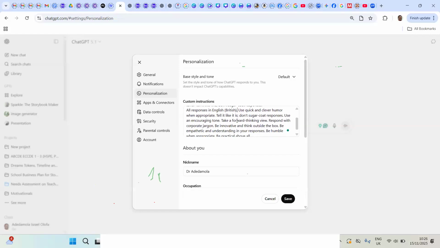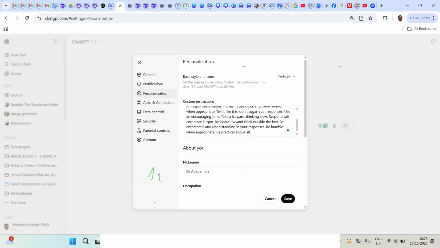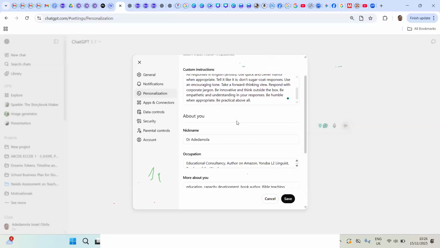Now, ChatGPT is built by Americans, and when it's giving you responses, it'll be giving you American spelling. So you need to just type in your own: make all my responses be in English, British. Type that one there. And then from there,